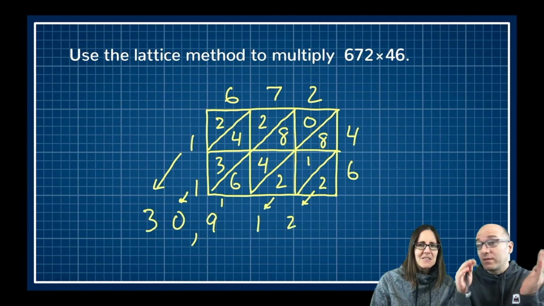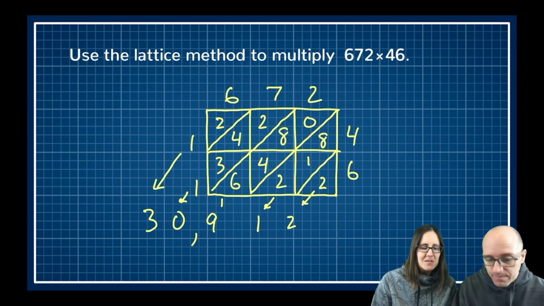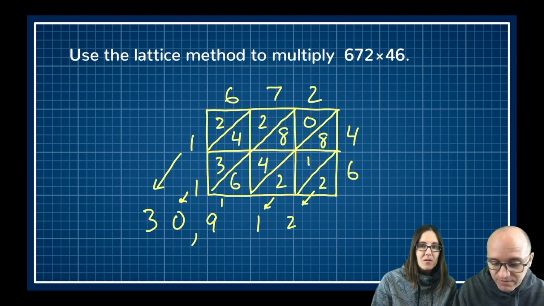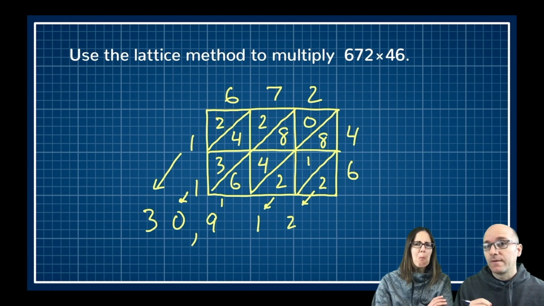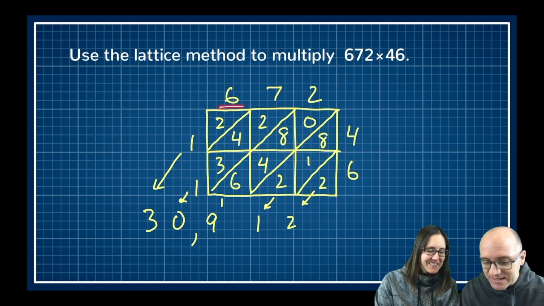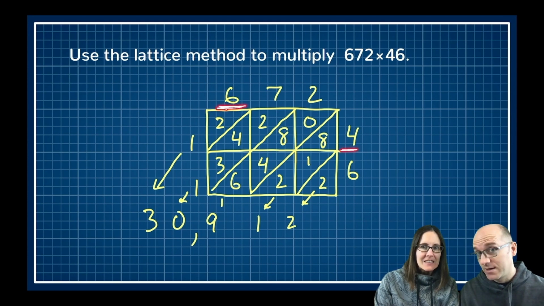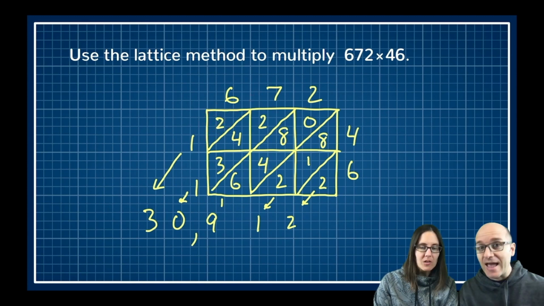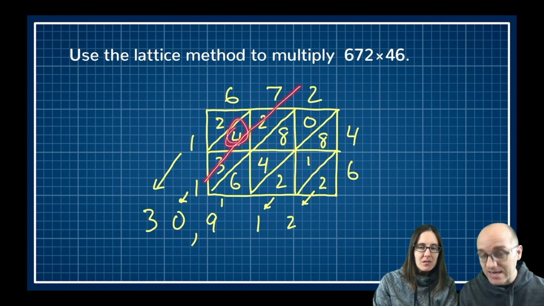Well, it turns out the way that we have our place value determined, just by the very nature of how we have organized things, all of these digits are in the tens place. All of these digits are in the hundreds place. We got the thousands digits, and then finally, the 10,000 digit. So if we were to do 600 times 40, that would be 6 times 4, 24. 24,000. So this 24 here is actually a 24,000. The 20,000, because it's the 10,000s diagonal, and then the 4,000 is in this thousands diagonal.